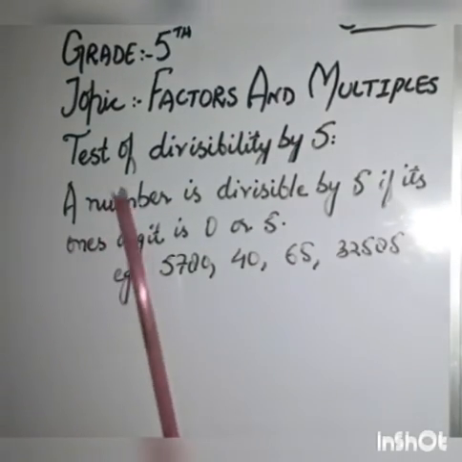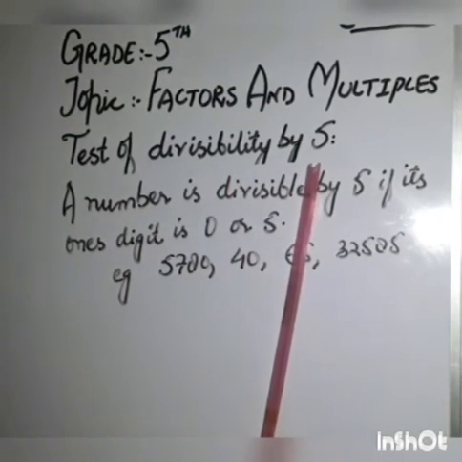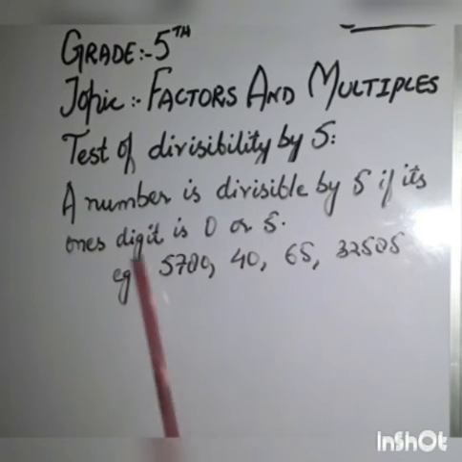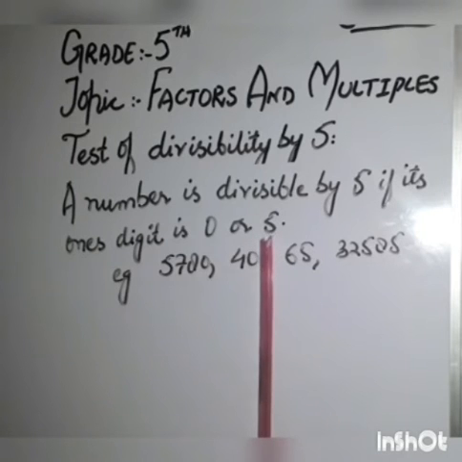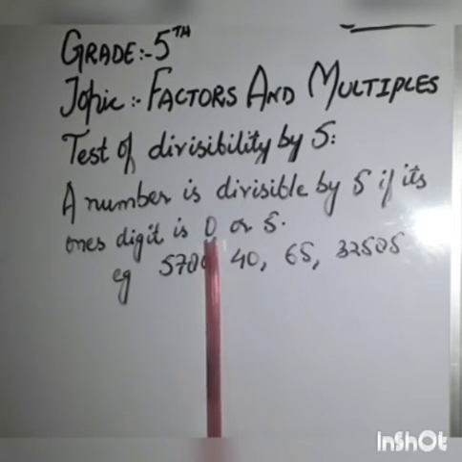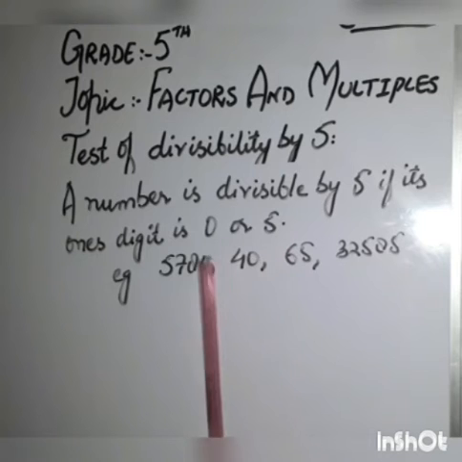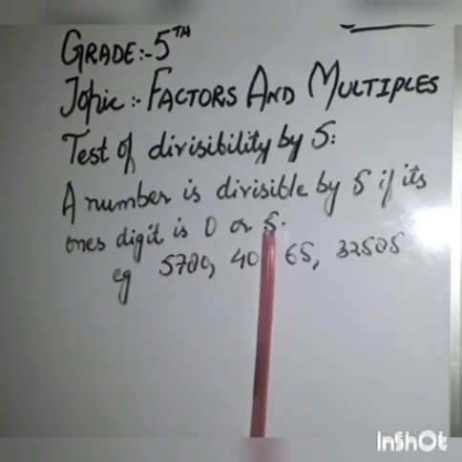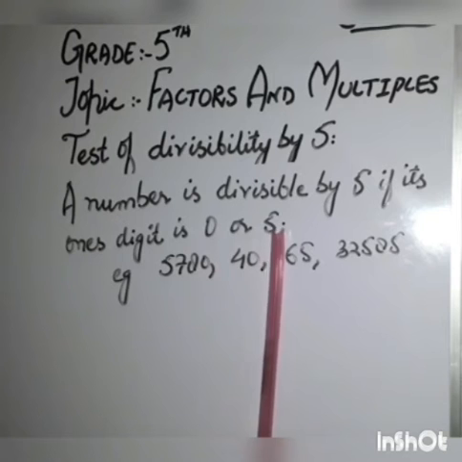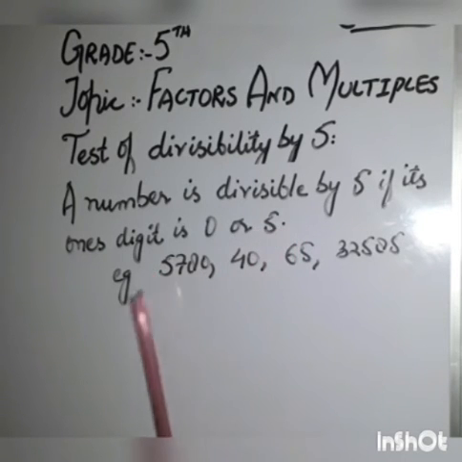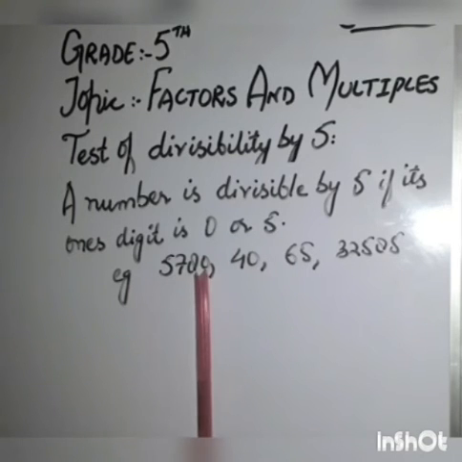Now next is test of divisibility by 5. So अब एक नंबर divisible by 5 कब होगा? A number is divisible by 5 if its ones digit is 0 or 5. जब नंबर का वंस डिजिट जो है वो 0 हो या 5 हो, मीन्स एंड पे अगर 0 है तब भी divisible by 5 है और अगर 5 होगा तब भी divisible by 5 है. और अगर वंस डिजिट पे 0 या 5 ना हो, 0 और 5 के बगैर कुछ और हो, देन इट मीन्स कि वो नंबर divisible by 5 नहीं होगा. See students, this 5780, this number is having 0 at its ones place, so this number